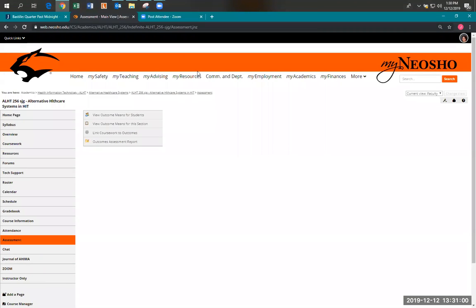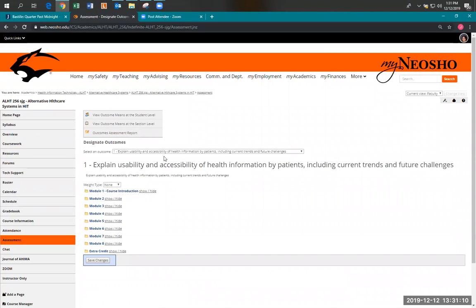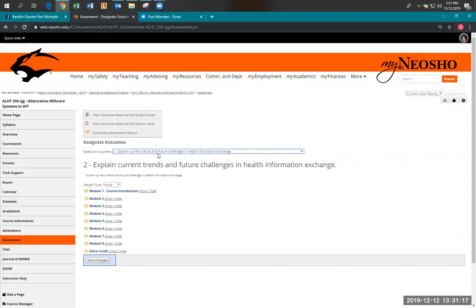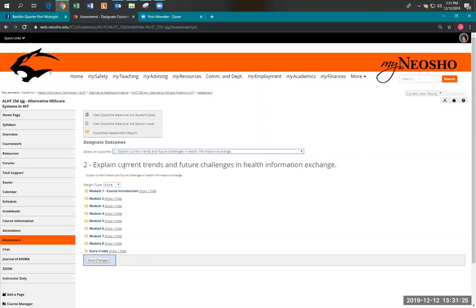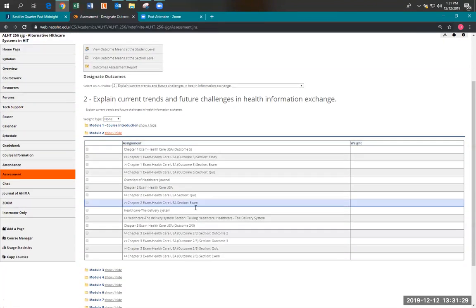The other way that you can make these assignments linked to outcomes is to go to the Assessment tab, link coursework to outcomes. It's really a good idea to actually do both. Maybe do one in the assignment, then double check that it's correct by going here. So from the drop-down menu, you can pick the outcome that you're selecting, and then we know that outcome 2 was in